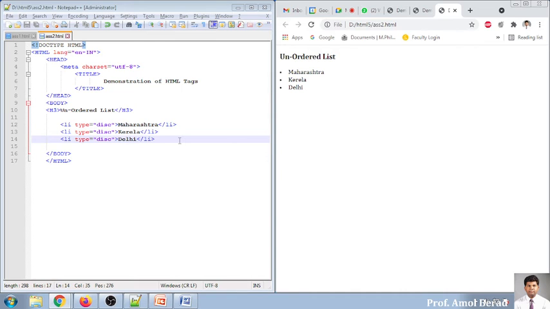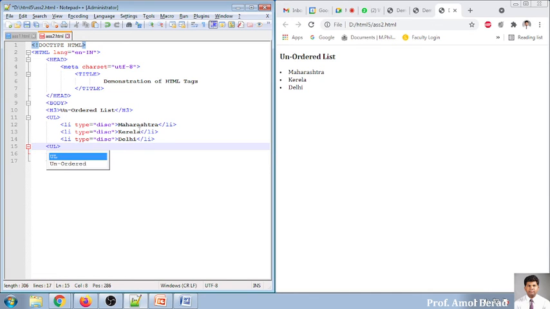So 3 dots are there, but I want to display what? Unordered list. So I am writing like this. Same way, we'll go for changing the values.